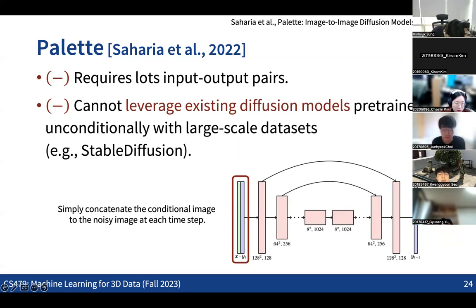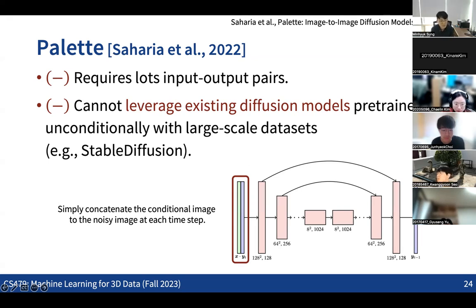So what they propose in this specific work is to concatenate the conditional image with the noisy image that we are feeding to the noise predictor, making a multi-channel image by combining these two and just running the same UNet. This is one very straightforward extension for making diffusion models conditioned on other images. But obviously, the downside in such cases is that we need to have lots of input and output pairs, right?